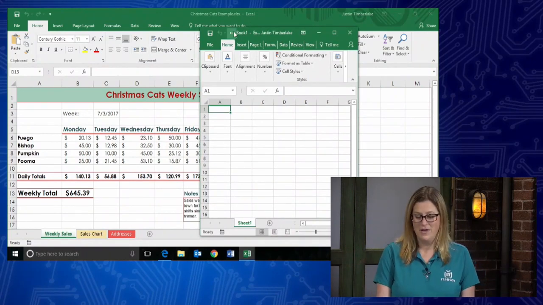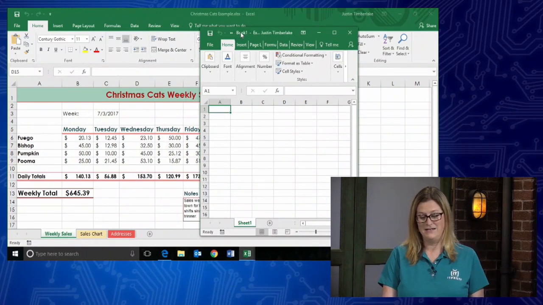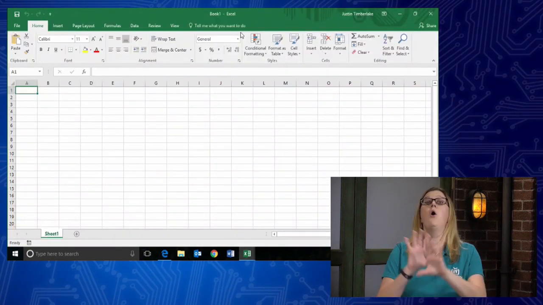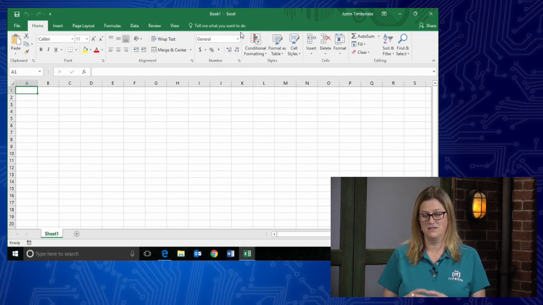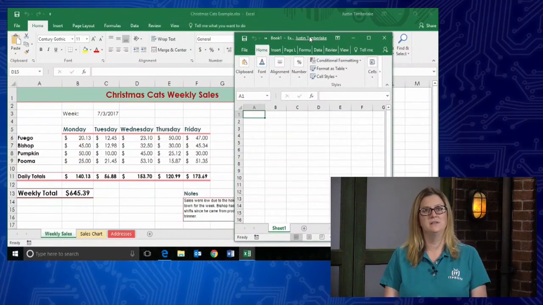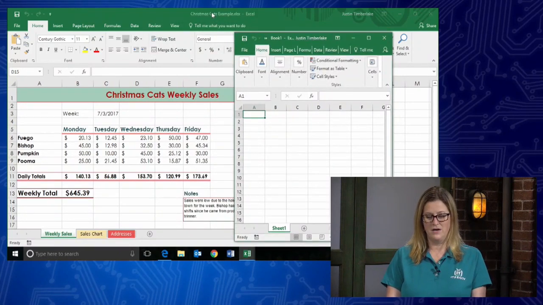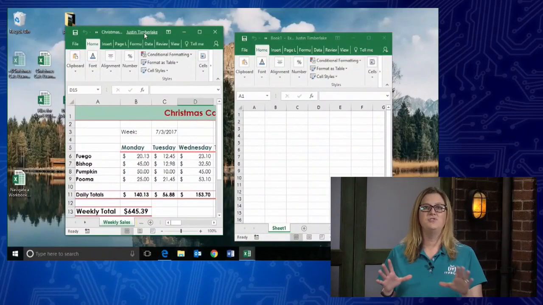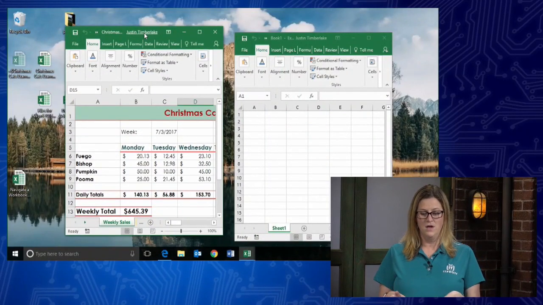The same way, by the way, if you double click on a title bar, it will maximize the window. And again, this is all Windows. This is not Excel exclusive. This is like your File Explorer, so anything can work with that. So I'm going to click, hold, and drag down to float this. I'm going to come over here to Christmas cats and do the same thing. Click, hold, drag down. So now I have two of these windows here in Excel